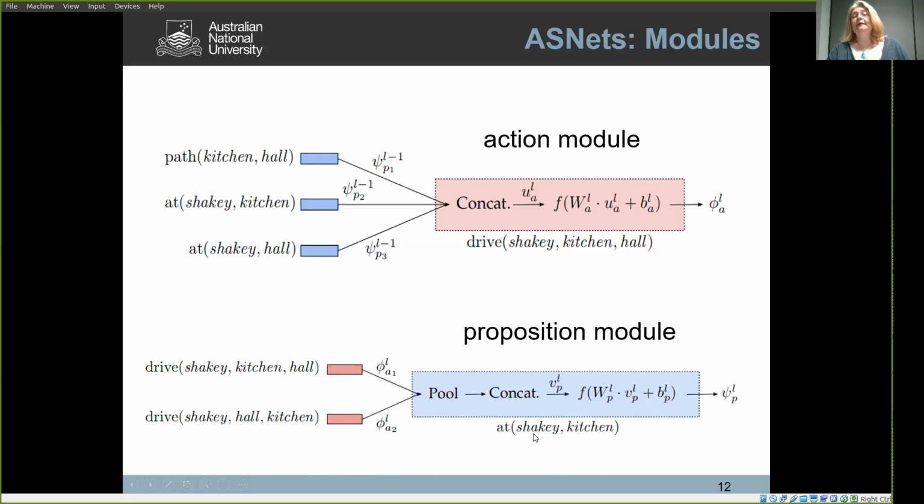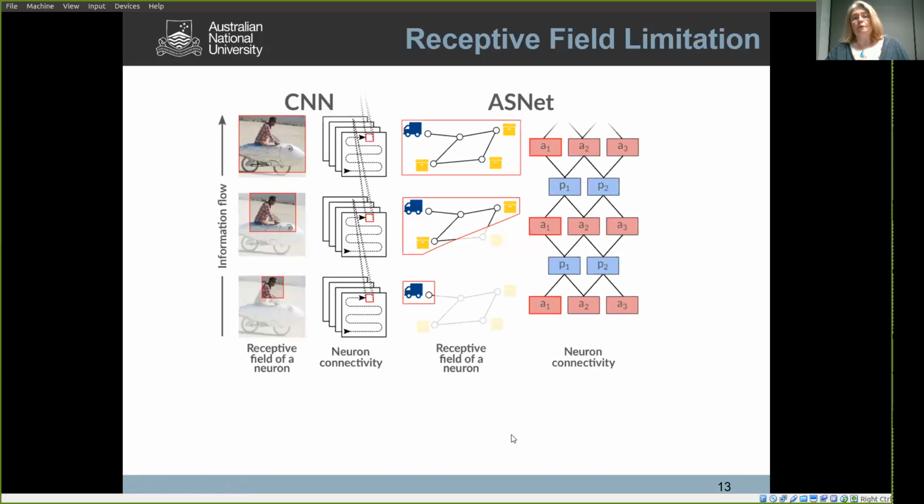And so this is exactly why we pool from action modules with the same action schema, because at the end of the pooling phase, we will have exactly one pooled vector per action schema. And so again, we have the same number of inputs, and the weight matrices can be the same for any at proposition. All right, so